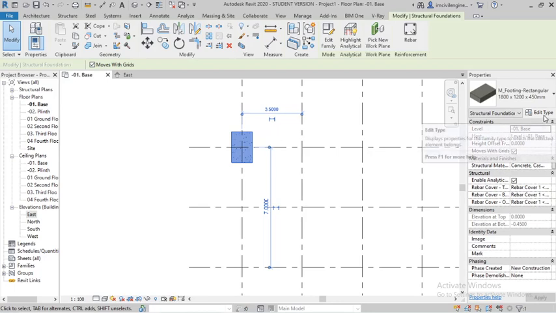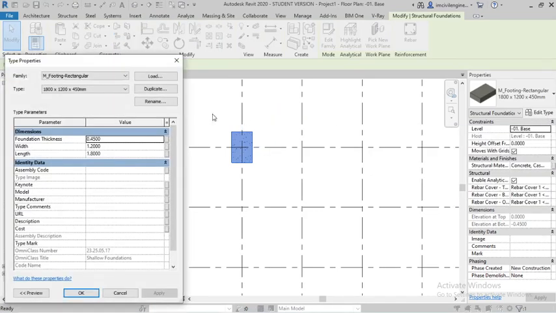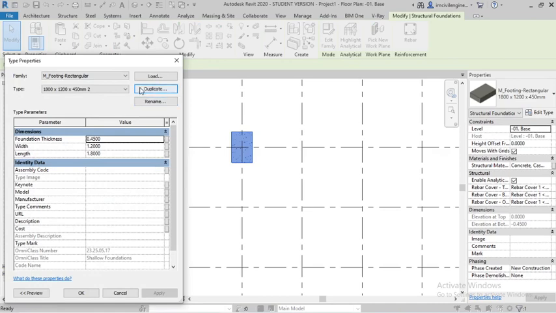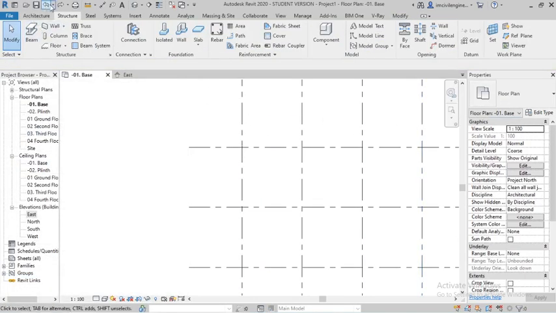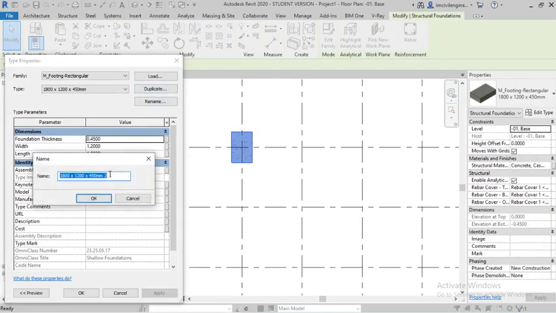You can change the width, height, depth also, and duplicate. Make it as duplicate. Then for that, I'll undo. I place the footing and go to footing, and you can make it a duplicate, and rename it around 1.5 by 1.5.